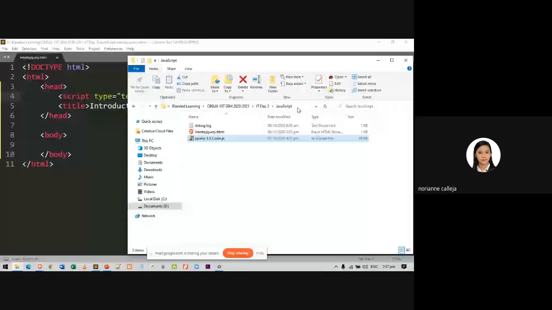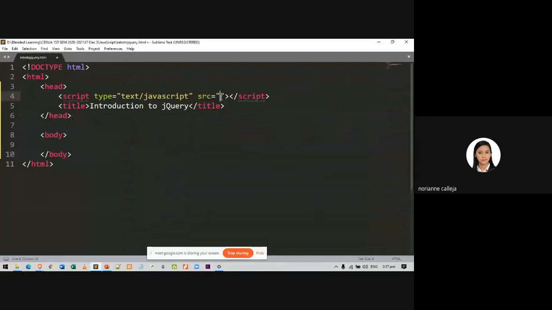We just have to copy this file name and paste it here. So that's it. That is how you add your jQuery library in your HTML document.